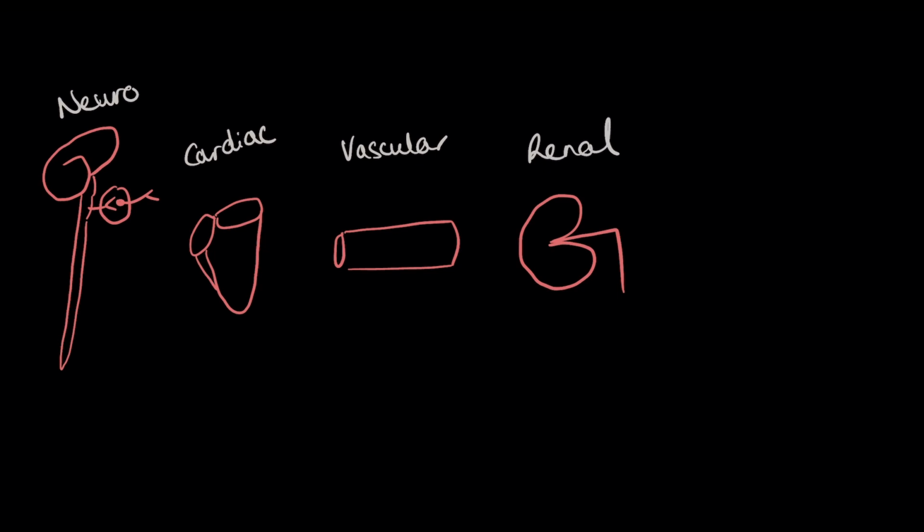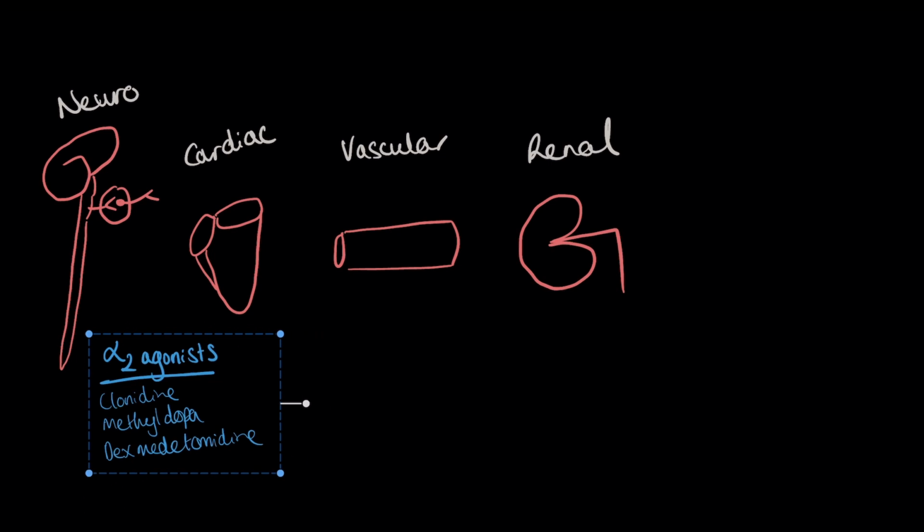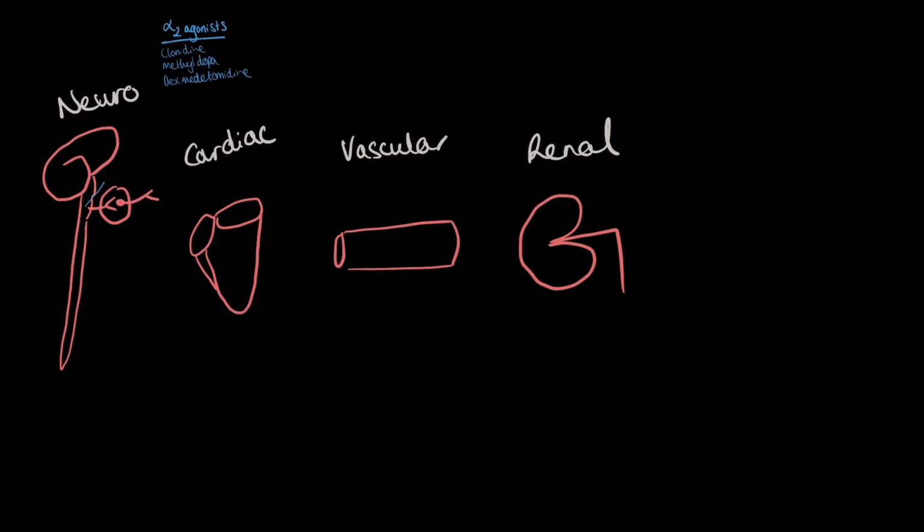Within the nervous system, you have centrally acting drugs such as alpha-2 agonists, which include Clonidine, Methyldopa, and Dexmedetomidine. They also have strong analgesic effects from this same mechanism of action. This group of drugs act on the presynaptic alpha-2 receptors in the brainstem, more specifically in the nucleus tractus solitarius. By doing so, it blocks the noradrenaline from being released presynaptically, and so reduces the effect of the sympathetic nervous